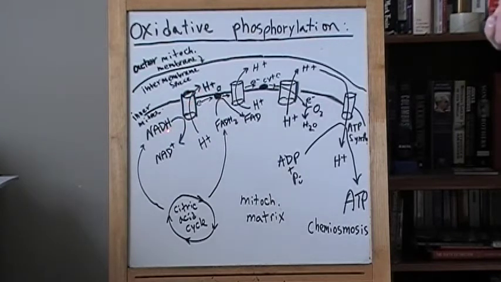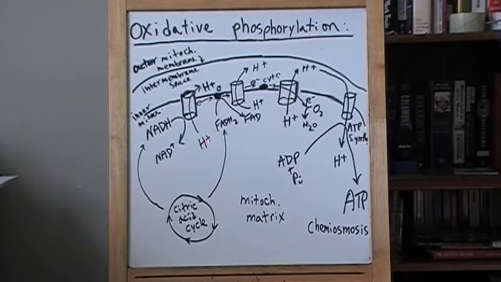These cytochromes take the electrons from the reduced cofactors, NADH and FADH2, and they transfer these electrons to each other down a chain of proteins. And as those electrons get transferred, there's also quinones, which are called mobile electron carriers. As these electrons get transferred, the electron loses some energy, and the energy that's lost from the electrons is used